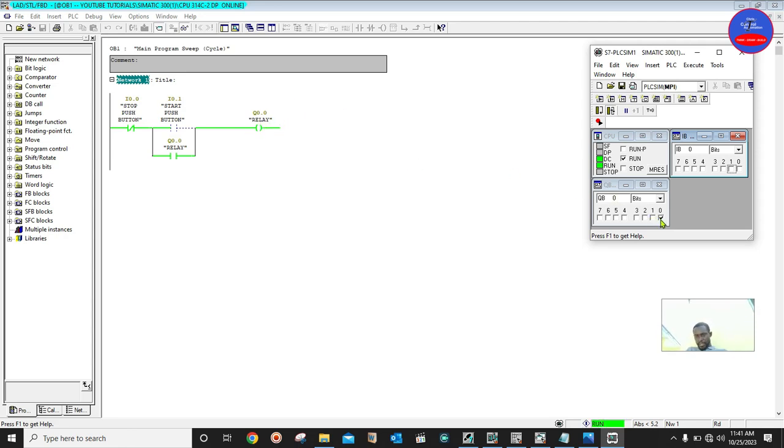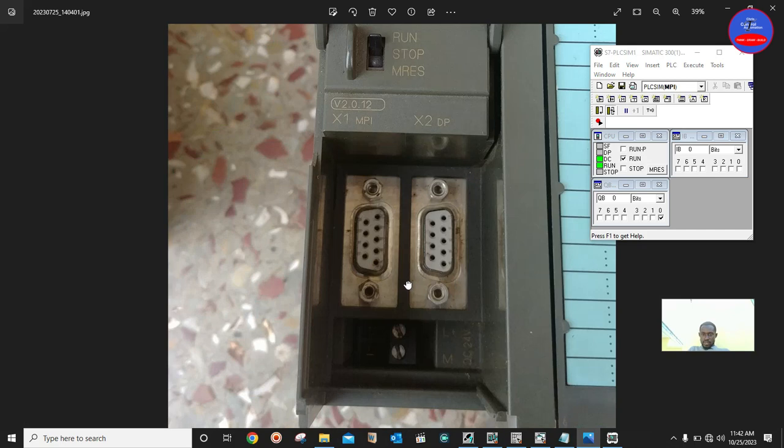So see here, automatically it is checked by itself. It is checked, alright, automatically, because that relay is energized, and we are energizing bit 0. So if it was a physical PLC model that you are using, like this one,